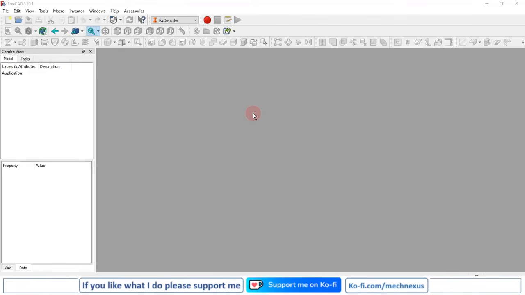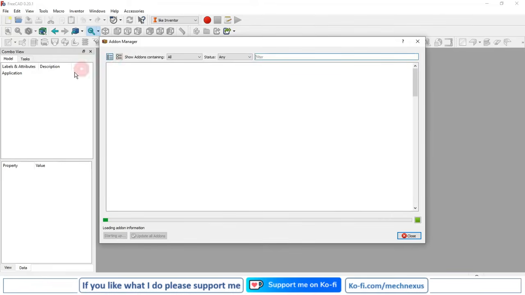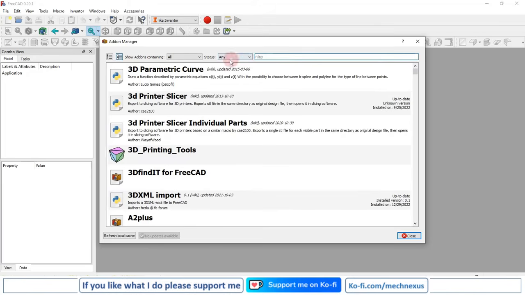Hello friends, welcome to FreeCAD tutorial, and in this tutorial we will learn how we can open the Autodesk Inventor file in FreeCAD. So for that we will head over to the add-on manager and we will search for the add-on here,